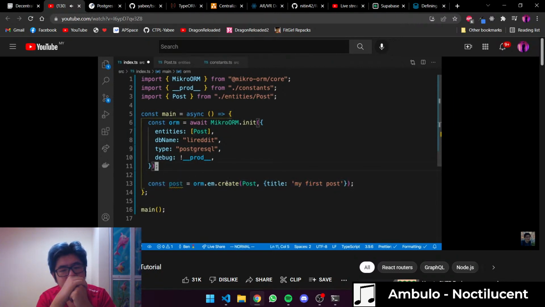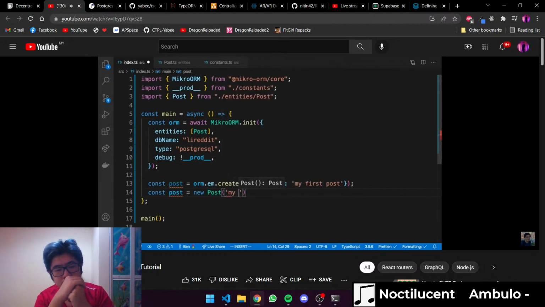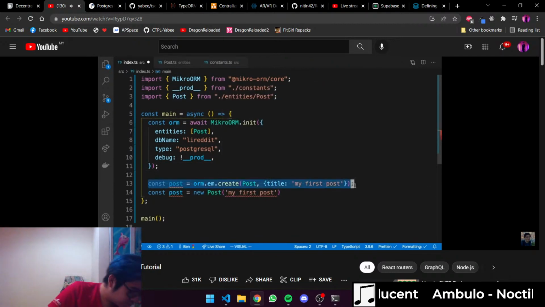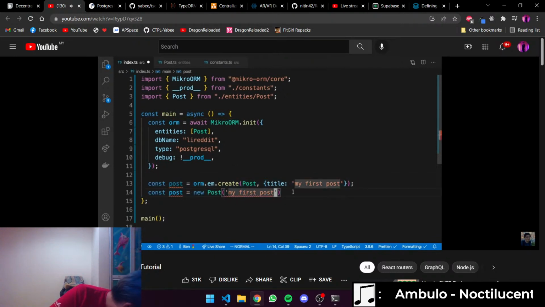this doesn't actually do anything to the database. Like if I hover over this, this is literally just creating a post. This is equivalent to me saying like new post, my post. So right now, this does nothing with the database. Nothing's going on here. These two statements are roughly equivalent if I were to create a constructor, but I don't